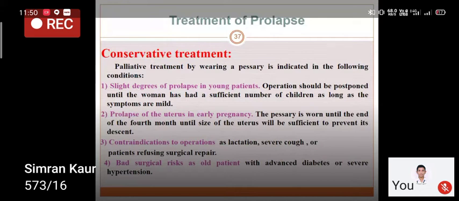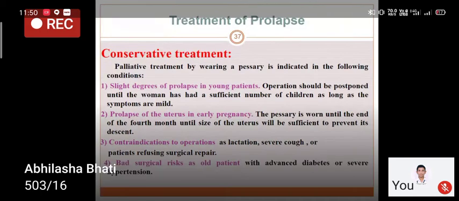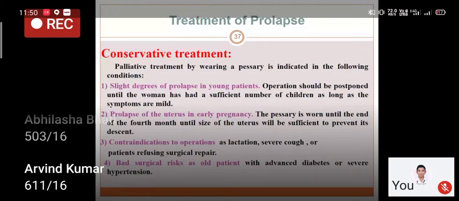Once the uterus is enlarged with the pregnancy and the baby, it will go inside the abdomen and the prolapse will itself reposit. Okay, till the fourth month, the pessary should be advised. Or the patient has a contraindication to operation, such as the patient is breastfeeding, or she has severe cough, or she is refusing any surgical repair herself, she doesn't want any surgery, then she may be advised to wear a ring pessary